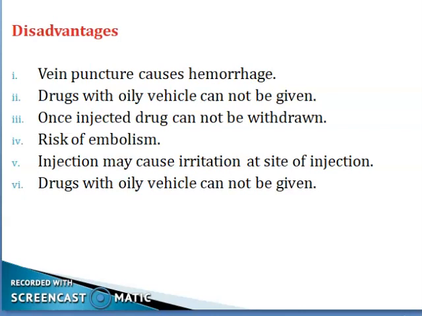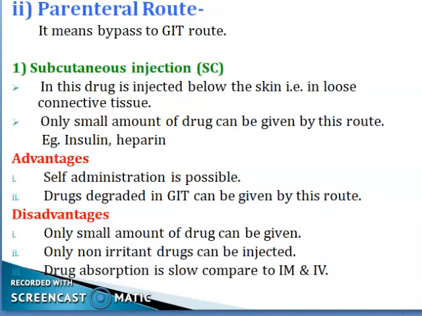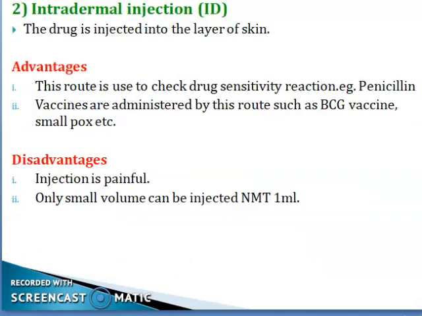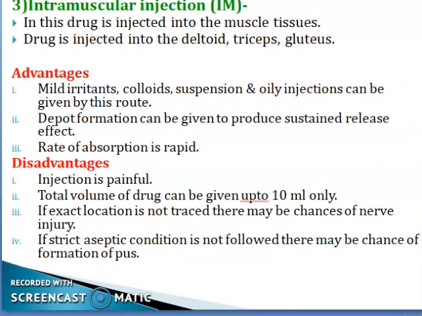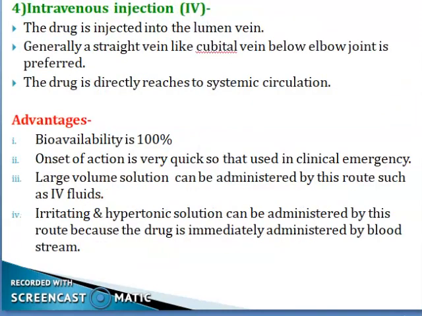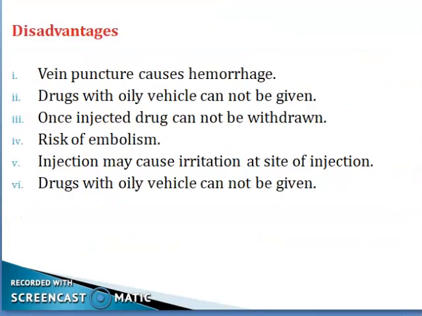Okay, so out of your syllabus intravenous route is very important. Okay, so today we have started with the parenteral route. Okay, in the parenteral route we have seen the subcutaneous route. What is subcutaneous route, its advantages and the disadvantages. Next we have seen the intradermal injections or the intradermal route and its advantages, disadvantages. Next is intramuscular route, its advantages and disadvantages, and intravenous route and its advantages and the disadvantages. Okay, so these things you should write into your notebook and learn all these things by heart. Okay, thank you.